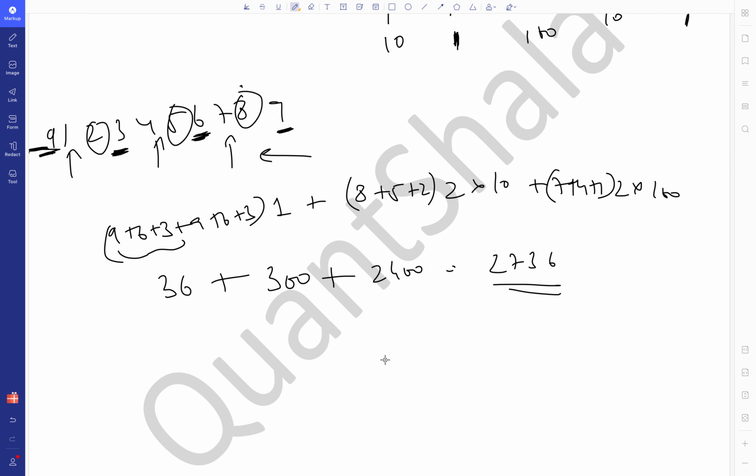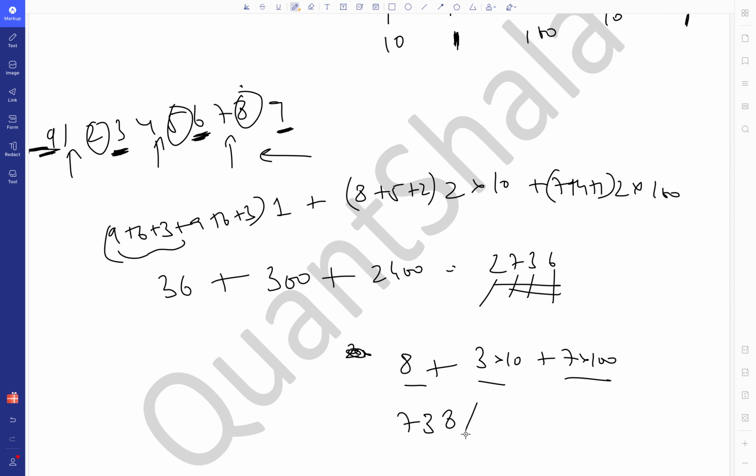Again, either you can do it the conventional way or you can do it like this, because same way we'll do it, right? This will multiply by 1, 10, 100. This will multiply by 1. So 6 and 2 will be multiplied by 1, which means 8. 3 will be multiplied by 10 and 7 will be multiplied by 100. Okay. So you get 30 plus 700 plus 8, 738.